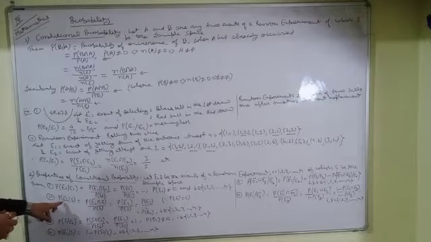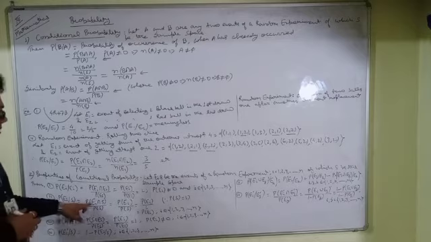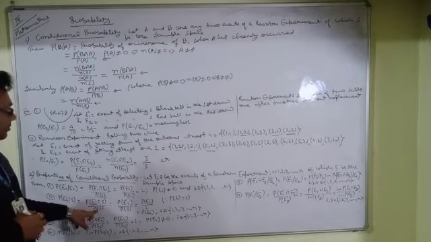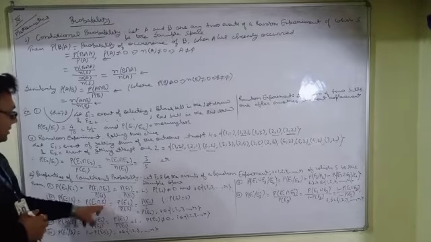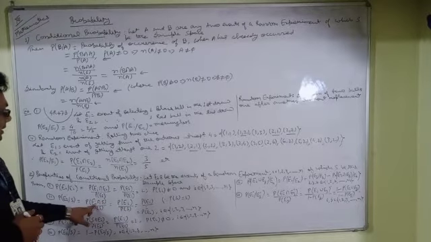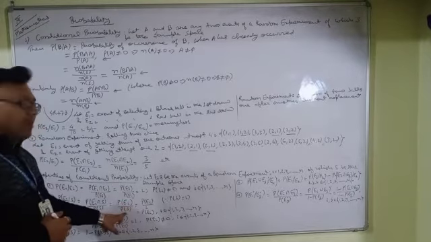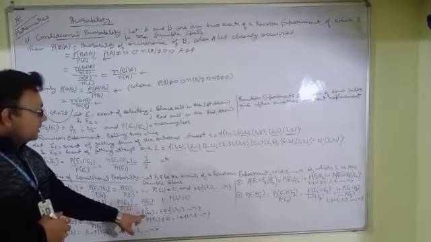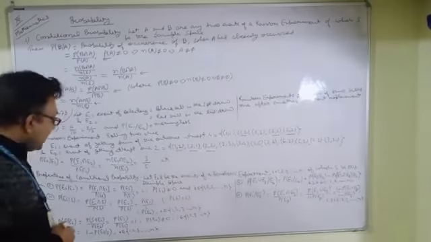Now the probability of occurrence of Ei when S has already occurred. Here S is the sample space, and this sample space is considered as the sure event. So this is equal to probability of Ei intersection S divided by probability of S. This is equal to probability of Ei divided by probability of S as per the definition, because Ei is a subset of S, so Ei intersection S is Ei. This is equal to P(Ei) by 1, because the probability of a sure event is always equal to 1, and this is equal to probability of Ei, where i belongs to the set containing elements 1, 2, 3, ..., n.